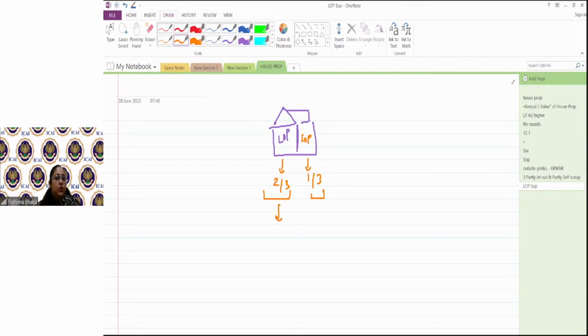So यानी 2/3 को आप LOP मानोगे और 1/3 को SOP मानोगे. But ma'am, how would the calculations happen? You will divide all your valuations, which is your expected rent valuations, on this 2/3 1/3 basis. इंटरेस्ट को 2/3 1/3 बेसिस पे डिवाइड कर दोगे, म्युनिसिपल टैक्सेस को 2/3 1/3 के बेसिस पे डिवाइड करके you will claim it. मैम एग्जांपल, सो अब यहाँ पे हम will take another case where